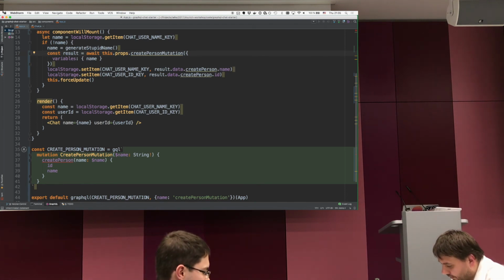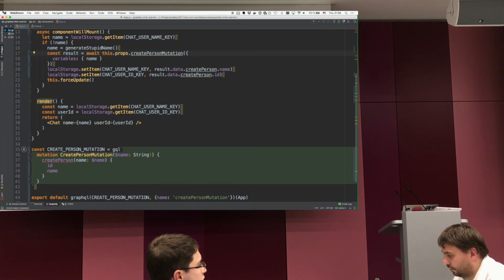Why would it not subscribe? I didn't add any messages before on the person. So when I add a message,